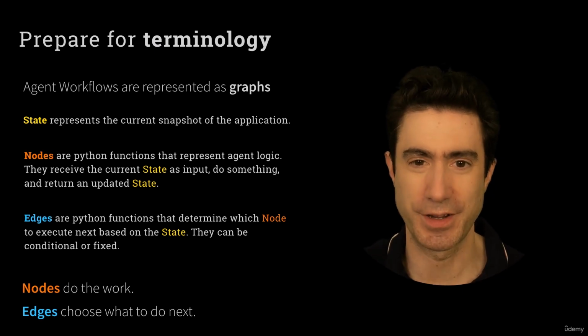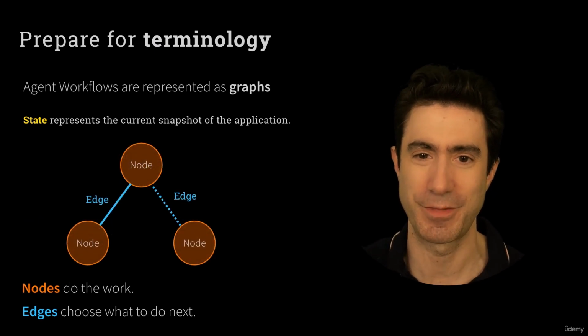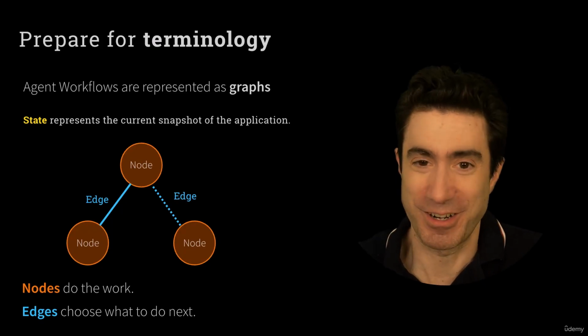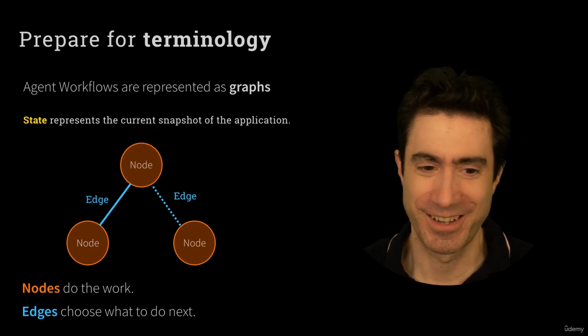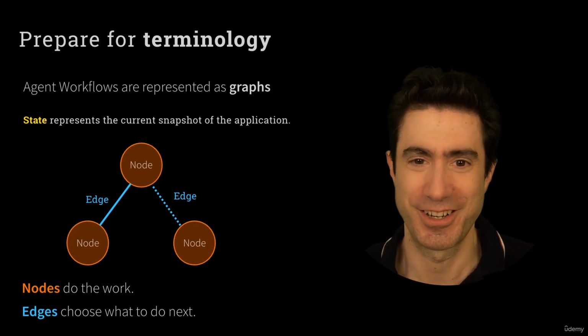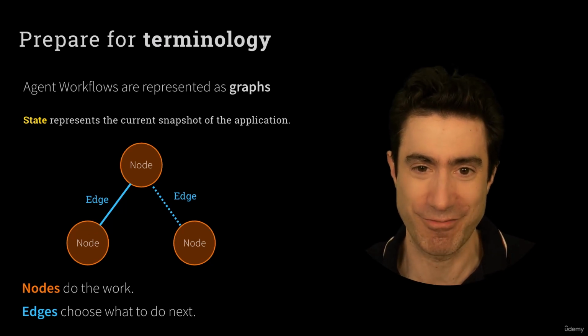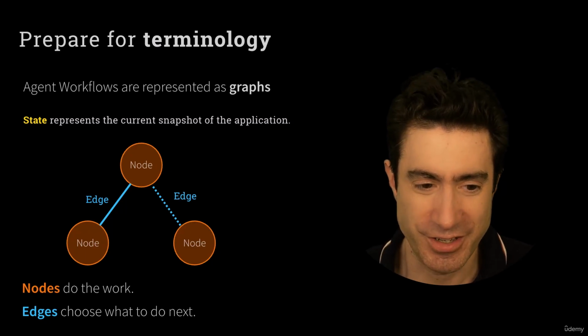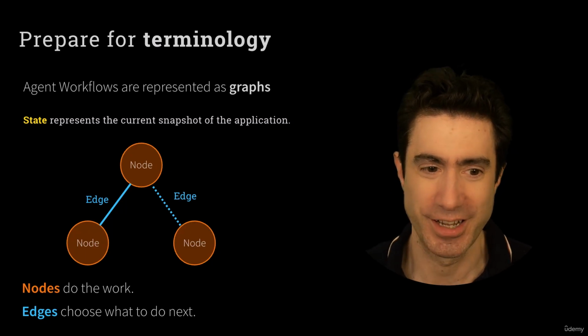And of course, it would be nice to show this in some sort of a diagram. And this is the obvious diagram. So no surprise, this is what it looks like. These are nodes. The three orange circles there representing the three nodes, three operations happening in this graph. The edges, I'm trying to show there that one edge is not conditional.